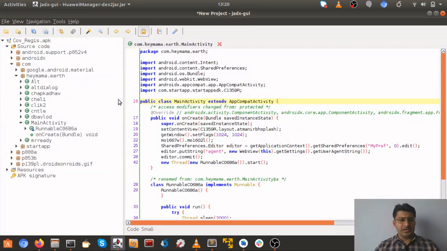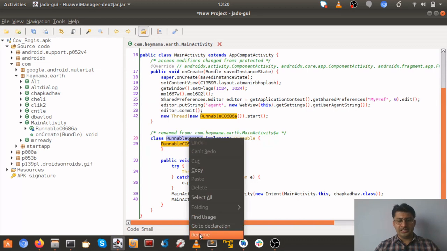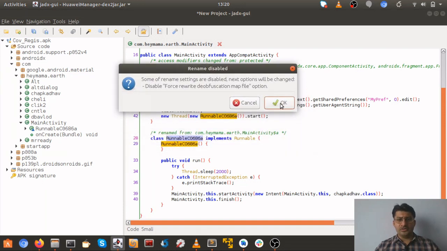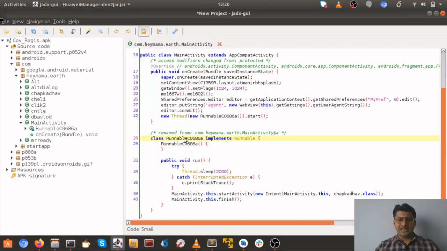So this is our main activity. Say for example now I want to rename this, or refactor this particular class name, or say a string, what you can do is right click and rename. Sometimes it gives us a hard time, and this is what I was talking about, but just go ahead and try once or twice.